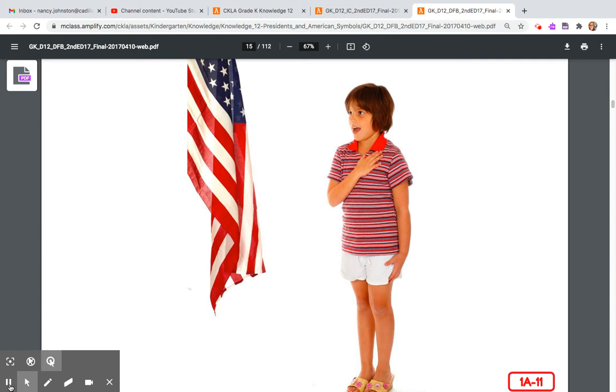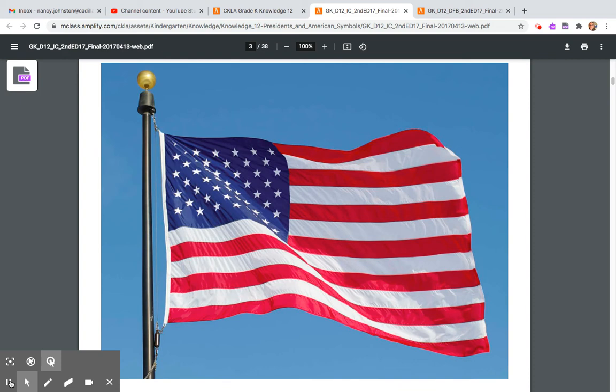The White House in Washington, D.C. Who were the founding fathers? The people who helped to create our nation. What is this? It is the American flag.